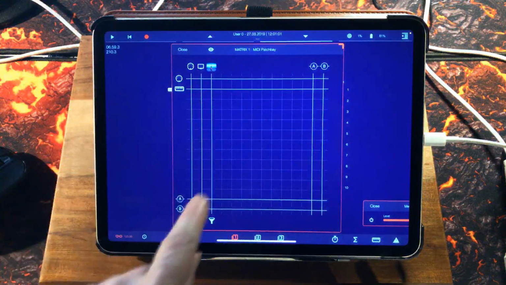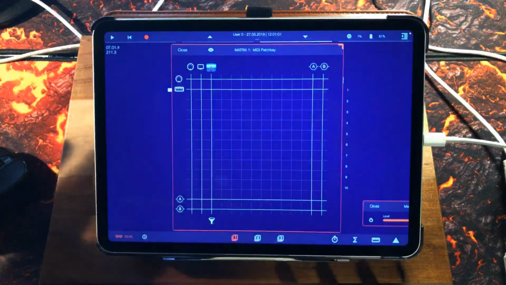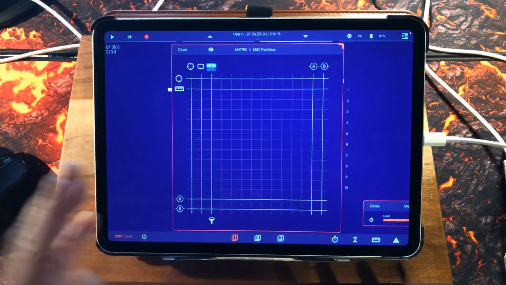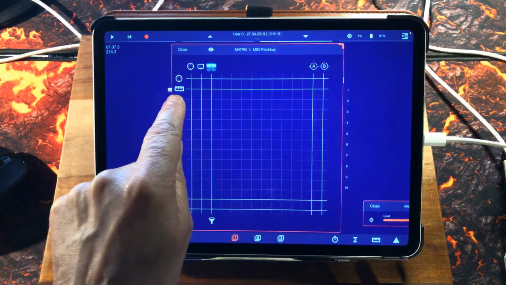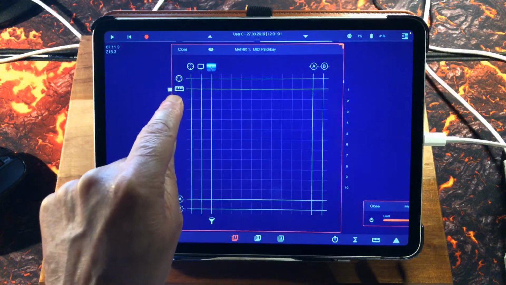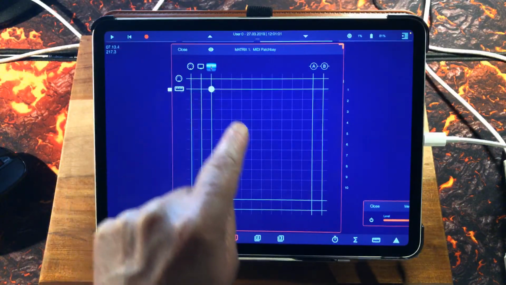Right. To get sound in and out of apeMatrix, you need to use the MIDI patch bay as well. So you will see that the keyboard here, this little keyboard underneath the MIDI port thing, that represents the internal keyboard. So if I press this,